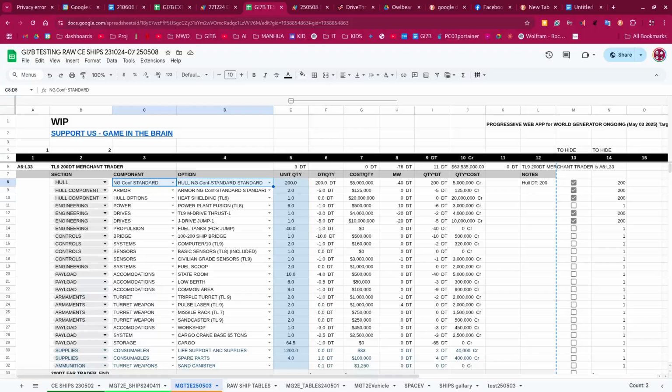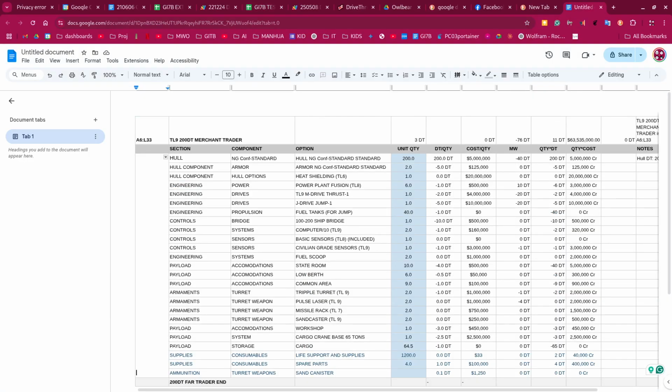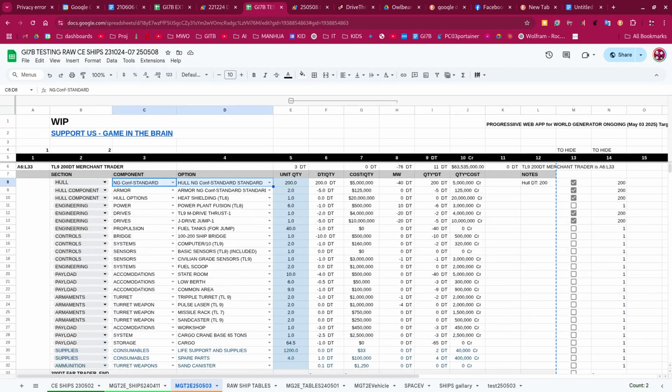But yeah, I haven't figured out the way to present the data in a way that the GM can easily show it. Here's the trade-off: there's the detail that you want, and then there's the detail that you need, the specifics that you need. Those are two different things, but you want them to be easily accessible. So definitely this will become an app. As I mentioned before, we're making a progressive web app. The logic of this is gonna carry over